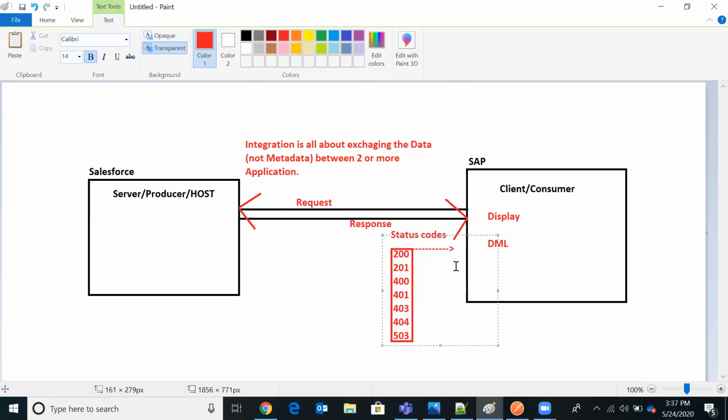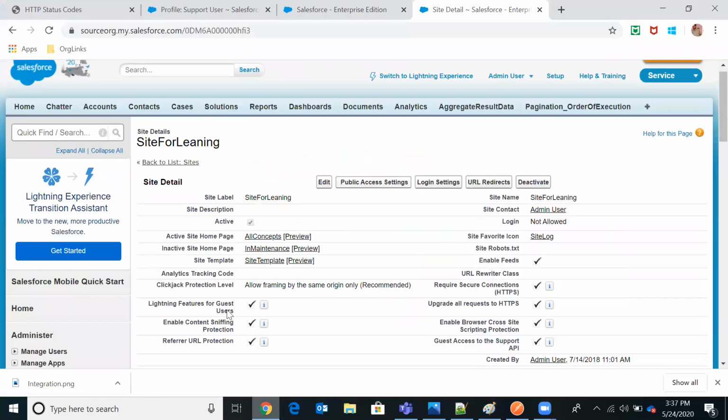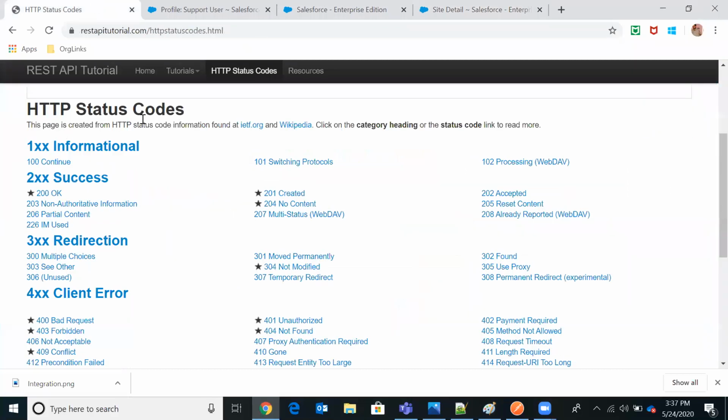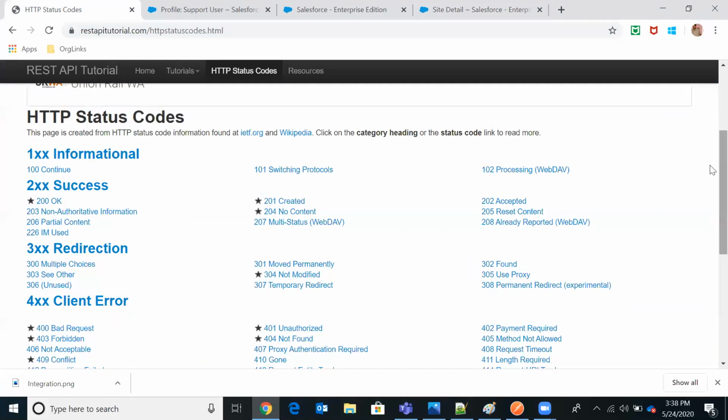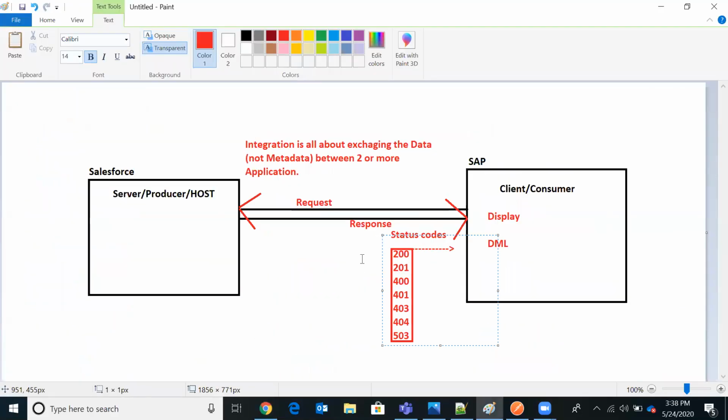We have mainly 5 categories of status codes. It starts with 1x. If you want to see that, you can see it in the official document. As I said, we have 5 categories of status codes, which start with 1x, 2x, 3x, 4x, and 5x. So we'll see some of them. I'm just trying to explain, or show you a demo of, how we will see these status codes, and what exactly each status code means. I'm just going to explain a few of them now.